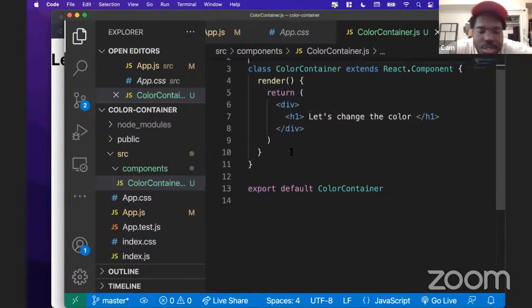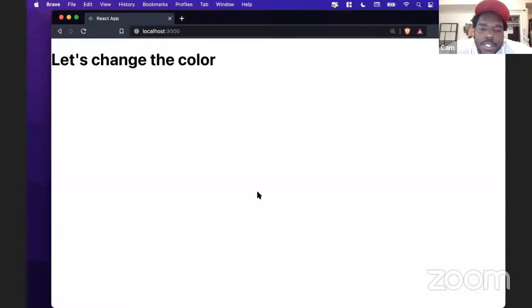So cool. Now let's just talk a little bit more about what this app is going to do and how we want to format the app to do what it's supposed to do. Essentially, I just want this app to be pretty simple. I want it to have a background color, right? And either a background color or a box that has some color in it. The whole idea is that we're going to be able to change the color of that particular box just using some